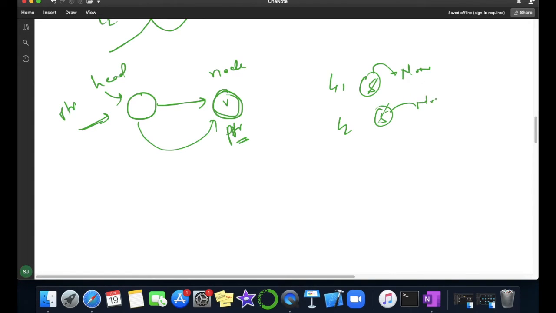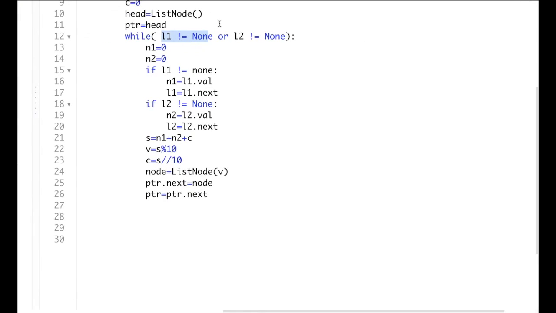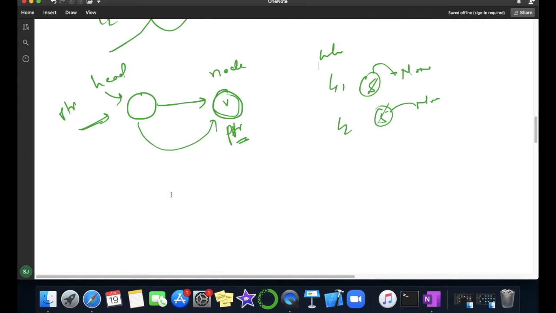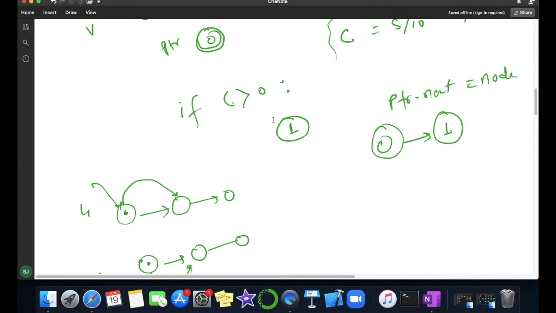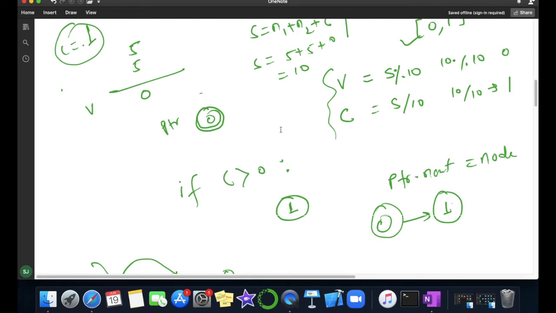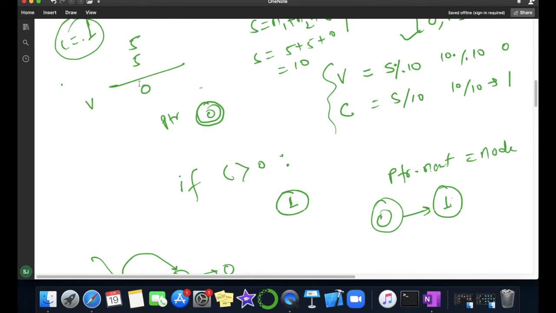Again next is None. So the while loop will break, and we are out of the while loop. But if you see here, my carry 1 is there. For 5 and 5, we created the node with value 0, but my carry is still left with 1.